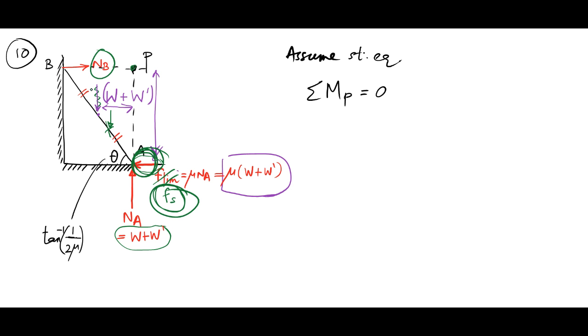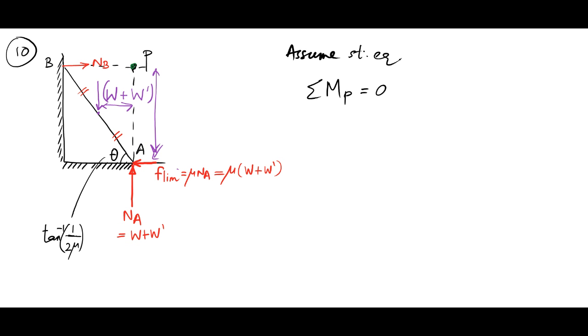Now obviously I'm sure you can figure out that if W plus W dash, instead of acting lower down, so let's take it back to its original position at the midpoint. Now from here let's take it up here. W plus W dash acts here. Now when I take the moments about P, if I assume static equilibrium first, then the moments about P must be equal to 0. What has happened is the moment because of W plus W dash has increased in magnitude,